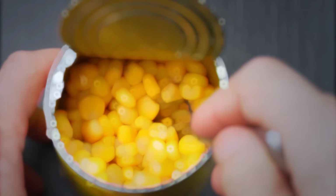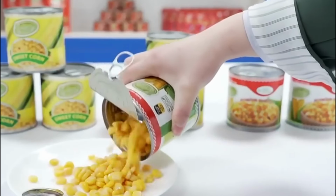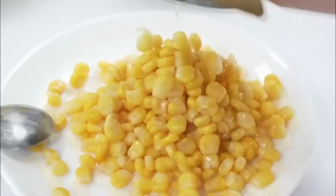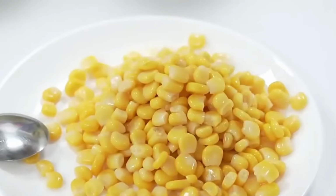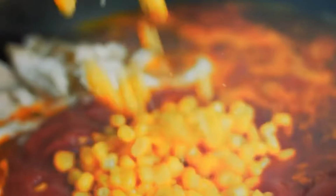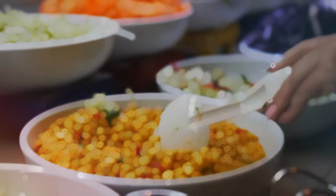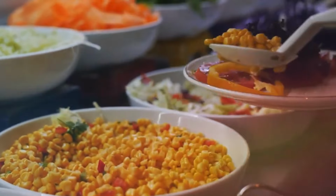next meal. Next time you pop open a can, you'll know the story behind those golden kernels, a story of hard work, innovation, and a commitment to bringing the best of the harvest to your home. So, grab a can, get creative in the kitchen, and savor the taste of America's favorite vegetable, preserved at its